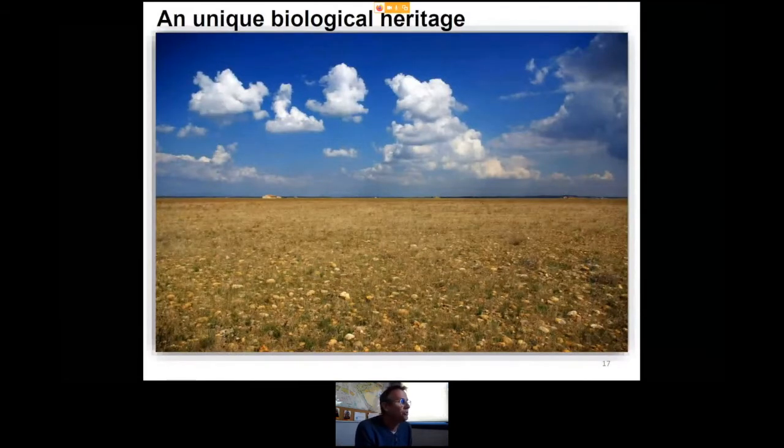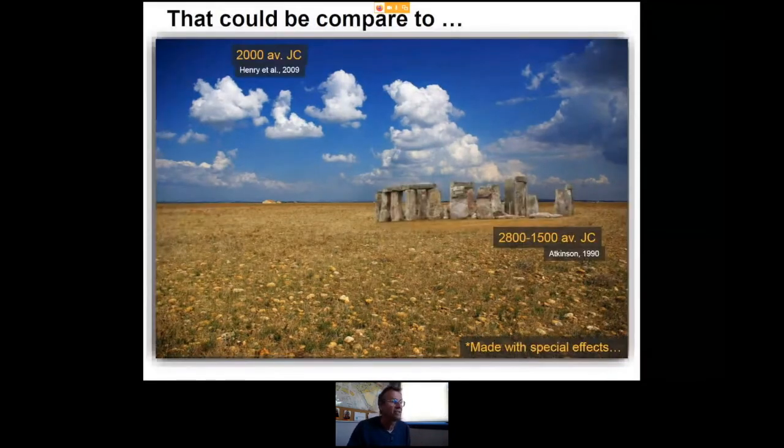So really it's a unique biological heritage. Sometimes we fail to give a good estimation, especially in France, of our biological heritage, but we can make a comparison with the cultural heritage. If we make this comparison about the uniqueness of this area and the time it has been created, we can compare this biological heritage to cultural heritage. But really, this steppe is a kind of monument, a biological monument,